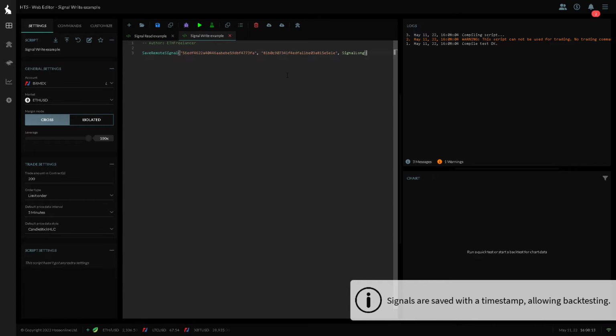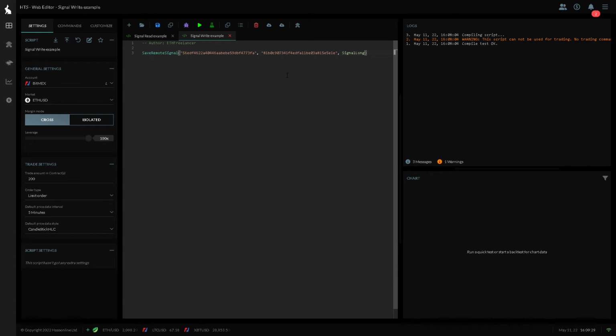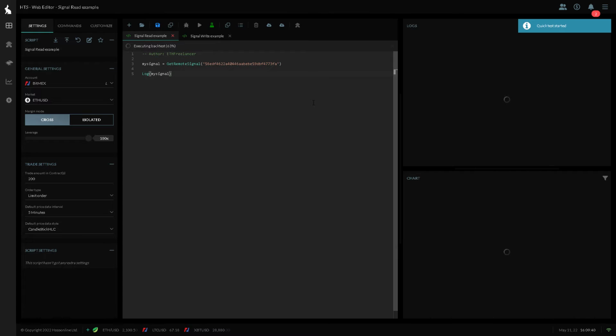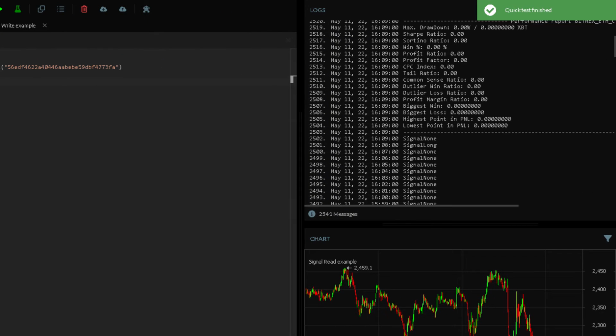A great concept here is that the signal is also saved along with a timestamp. So not only you can broadcast signals, but can also backtest them. Here, for example, if I go back and backtest it with my getRemoteSignal, I can see that right now the signal is again signal none, but it was signal long a minute ago.